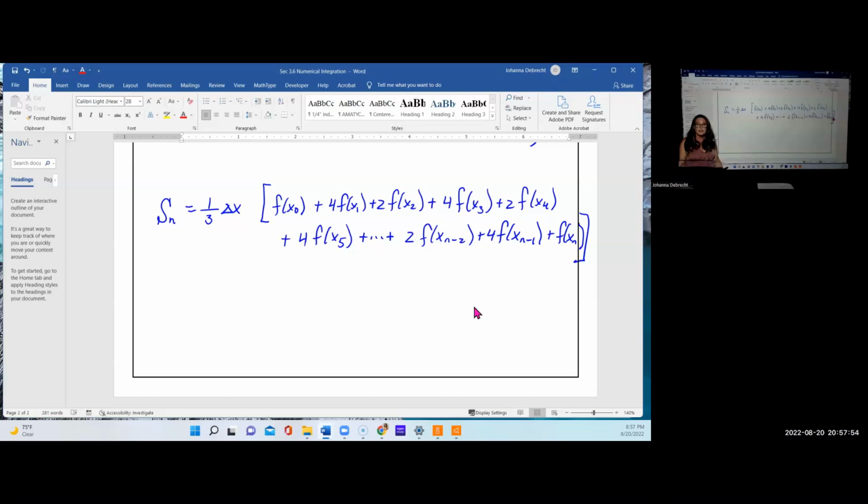Now, it sounds crazy that it could be this simple. I know it doesn't look simple, but if you think about what you're doing, computing a parabola going through 3 points and then finding the area between the parabola and the x-axis, this is a pretty simple formula. And this formula will give you an approximation to the area under the curve. So this is what we mean by numerical integration. We are approximating a definite integral, the area between a curve and the x-axis, from a given x value to another given x value, using either a left Riemann sum, a right Riemann sum, a midpoint Riemann sum, the trapezoidal